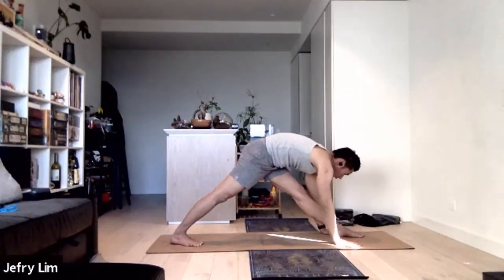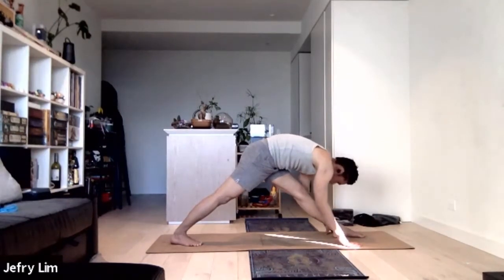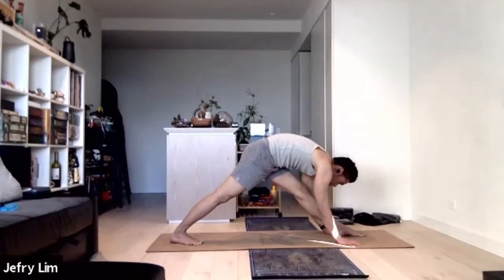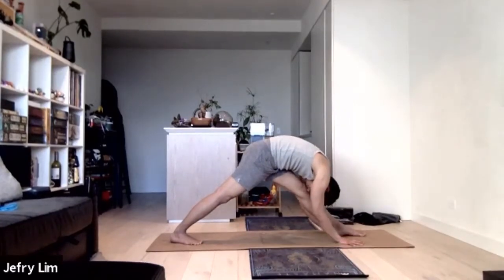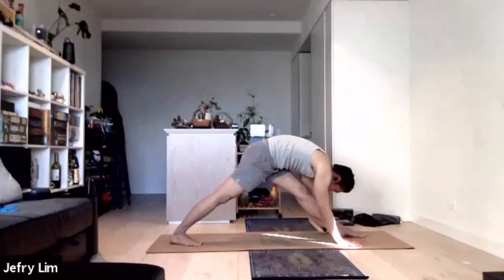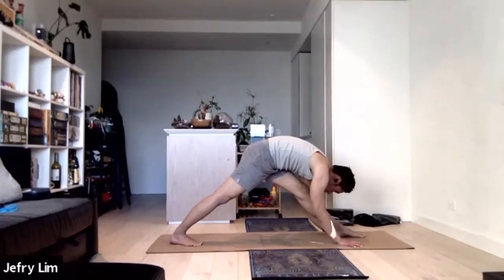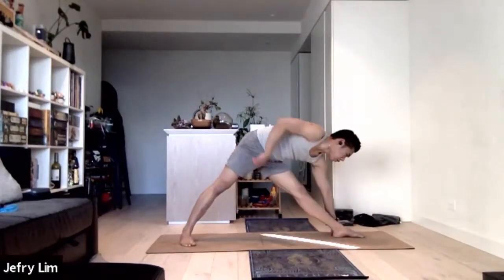Phew. Drop both hands down to the floor. All right, just a wider version of pyramid pose. So if you can, maybe some very flexible people, you can drop your forearms down to the floor. Feel free. Make sure that both legs are really active, including your back leg, okay? Another deep breath in. And as you exhale, lift yourself halfway, slowly turning your hip out to the right side,